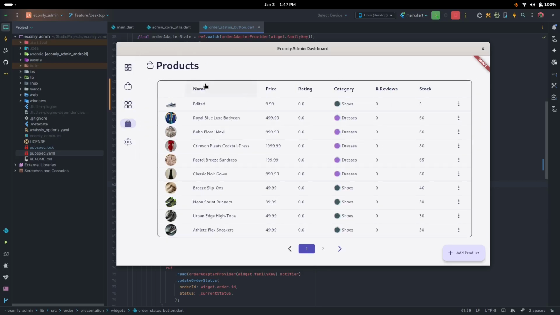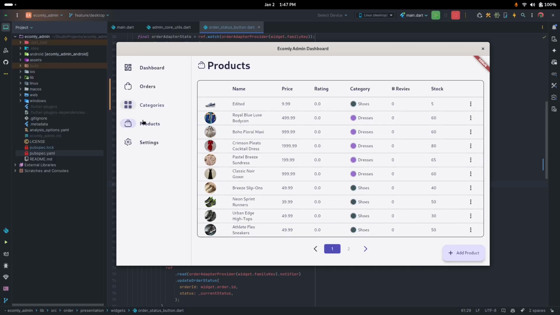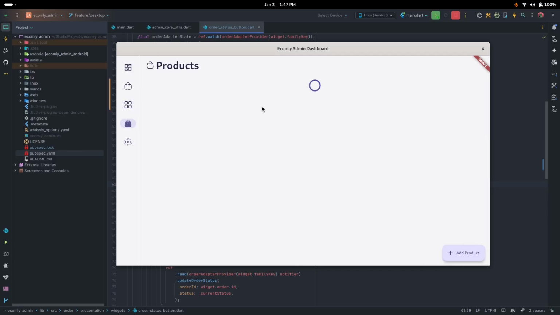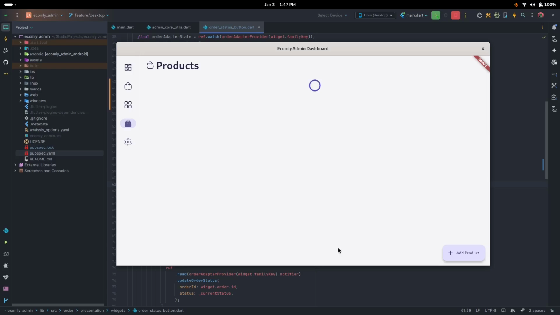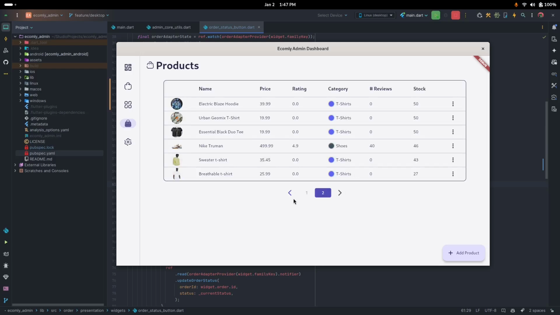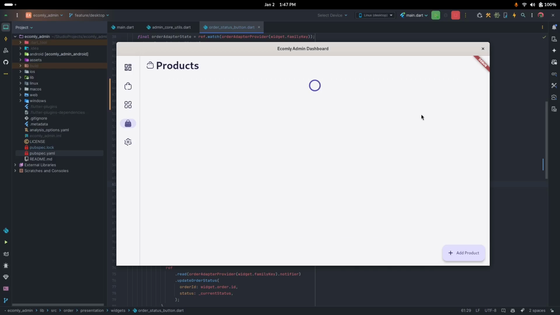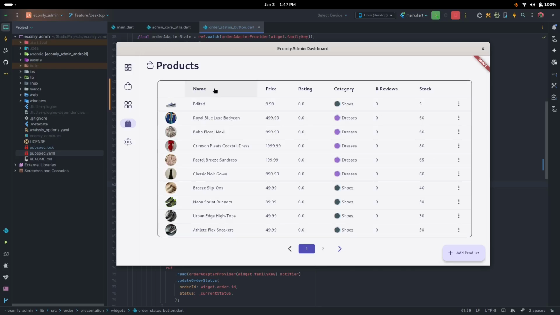Right, so over here we've got a bit more functionality, a bit more than what we had with the other table. So over here we've got quite a number of them. Right, so we've got more pages and all that. We've also got the options to sort by name. Right, so A, B, C, D to Z, and we've got the reverse as well. We've also got the option to sort by price, from lowest to the highest, and also from the highest to